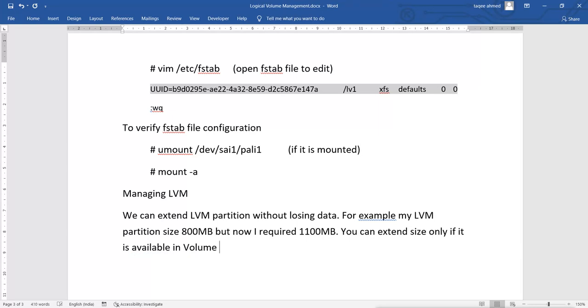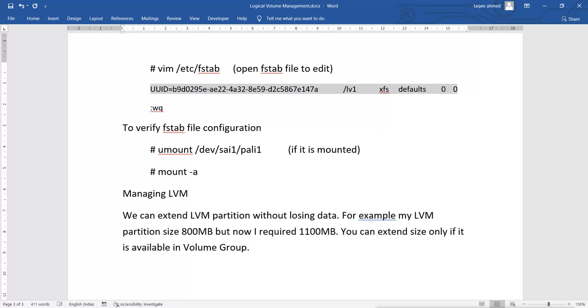Remember, if your volume group has already allocated all the space, then you will not be able to increase the size. Then you have to increase your volume group size.